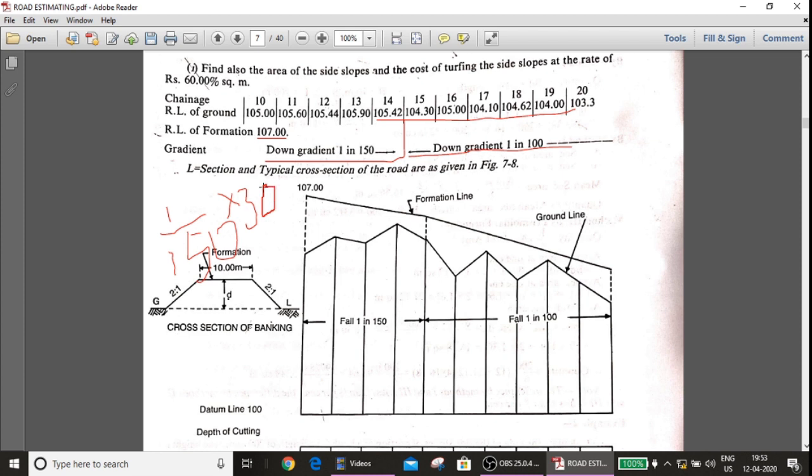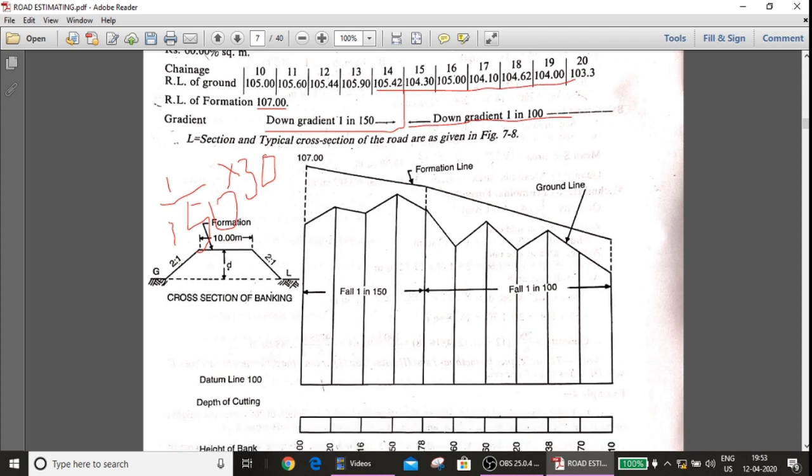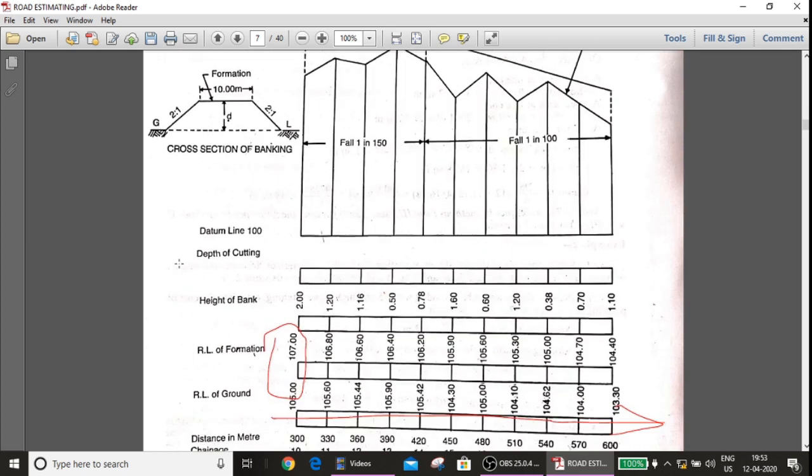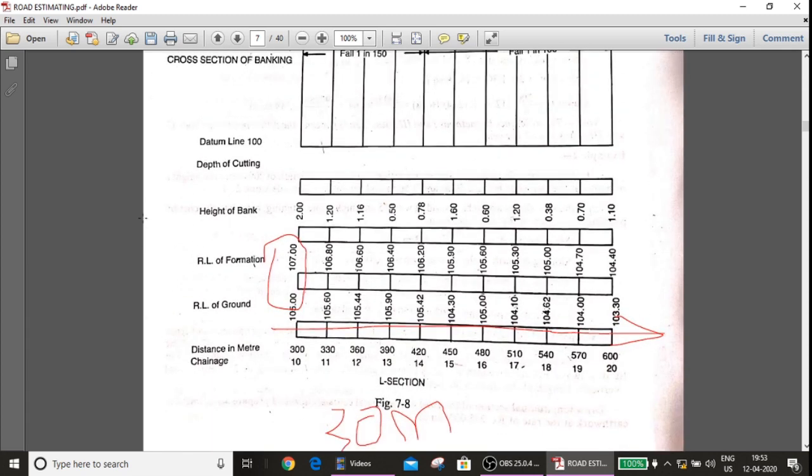So I am writing with the mouse, bit difficult. So what you have to do, 1 divided by 150 into 30, we will get the answer as 0.2. Calculate, you will get answer as 0.2. What we have to do, this 107.600 is there, then we have to subtract 0.2 from this to get the formation level at the station